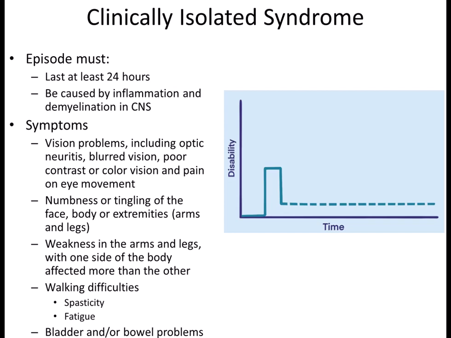However, a clinically isolated syndrome is depicted on the right-hand side of the slide, where on the y-axis is the patient's disability with any of these things that are listed, over time. You see that there's one isolated incident, and then the patient either comes back to baseline or doesn't come back to baseline and is left with some residual symptoms. This is clinically isolated syndrome. It is known that a large majority of patients who present with clinically isolated syndrome will go on to develop full-blown MS. But remember, by McDonald's criteria, if the person only has one episode, they're not yet multiple sclerosis.